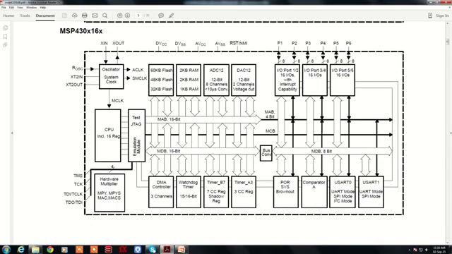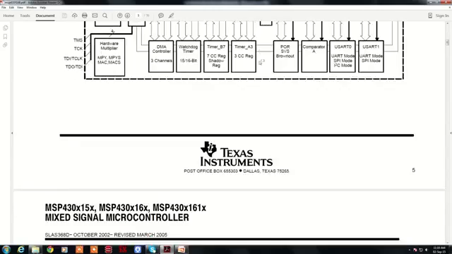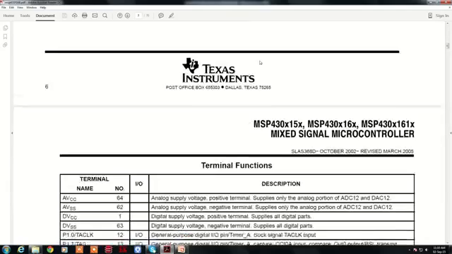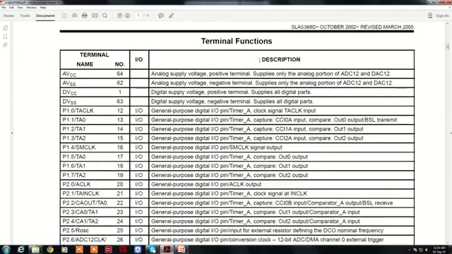And the operating supply of this, DVCC, we usually operate at 3.3 volts supply, and there is a reset pin which is an active low signal. As you can see from the pin functions, most of the pins have multiple functions, which is mentioned with a forward slash.